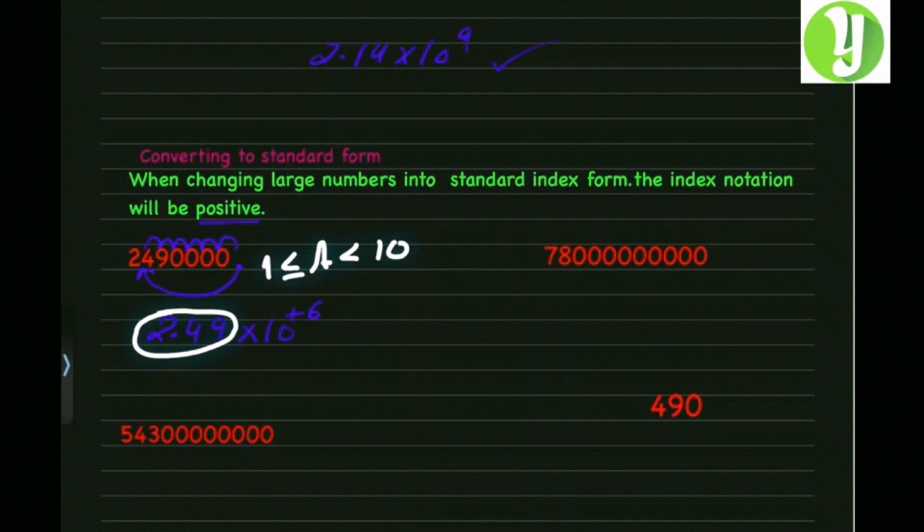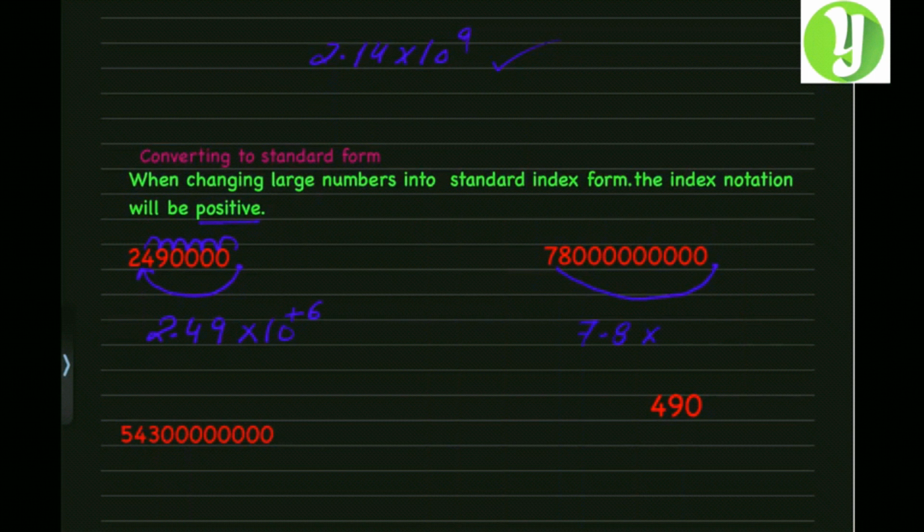Okay, so the second question is 78 and the number of zeros over there. We can convert this number into standard form by the same technique or the same method. So the decimal is there and we have to convert this decimal after 7. So it's 7.8 times 10 to the power of, okay, 1 2 3 4 5 6 7 8 9 10,